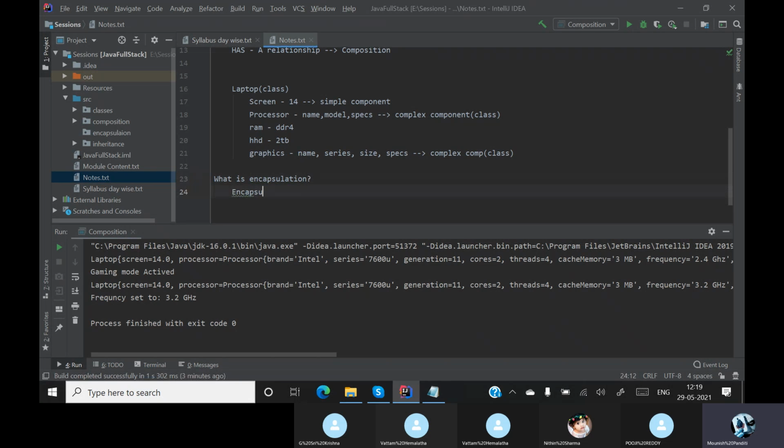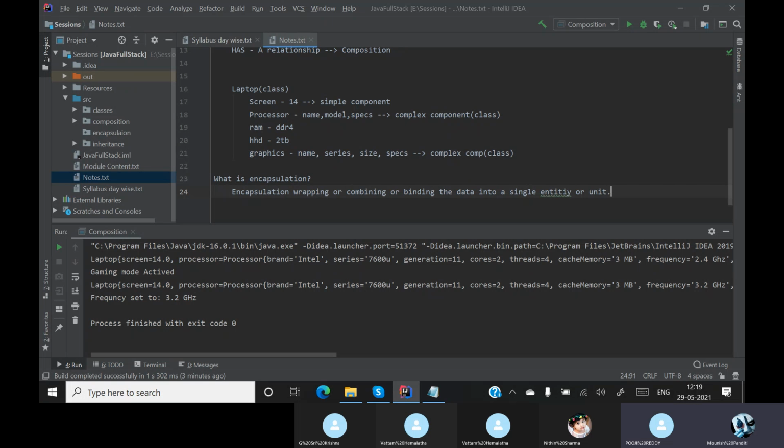Encapsulation means wrapping the data into a single unit. Oh yes, wrapping or combining, or you can even say binding the data into a single entity or unit.